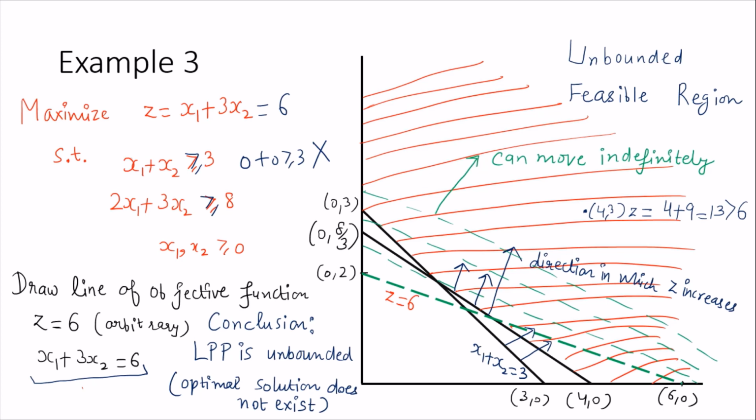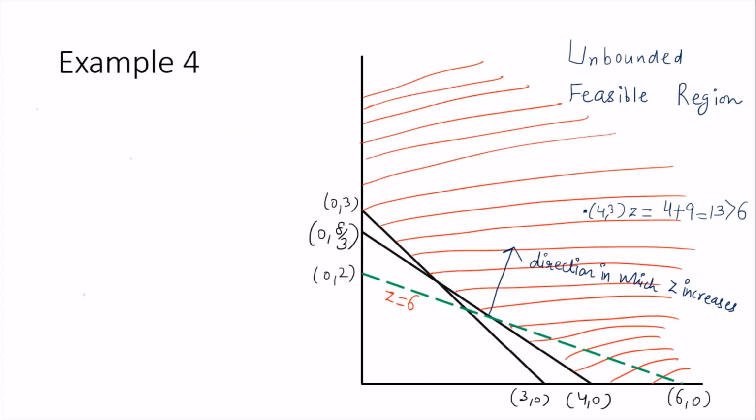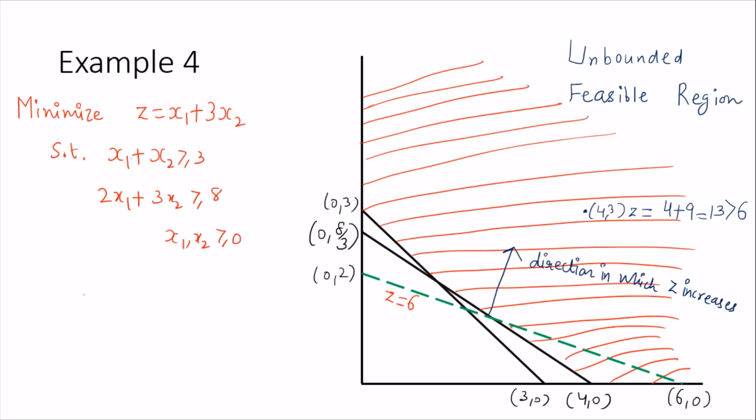So let's have another example. So here I have kept the constraints similar. So that's why you are getting the same feasible region, while I have changed the objective function to minimize this time x1 plus 3x2. So even the objective function I have kept similar. If you compare with example 3, I have just changed the sense of optimization of the question from maximize to minimize. So this time we'll be interested in moving the line of objective function in the direction in which z